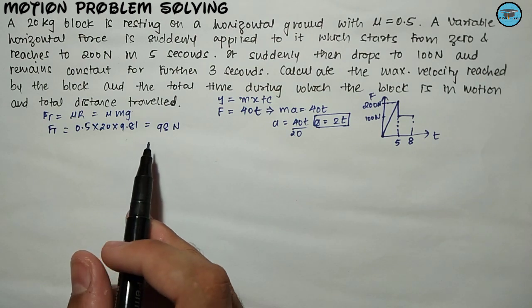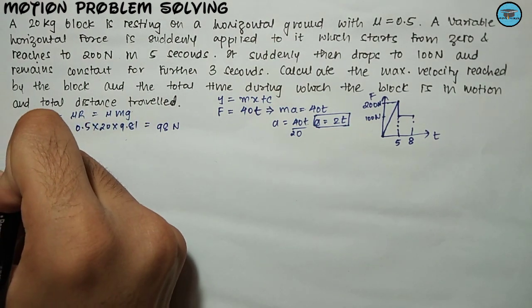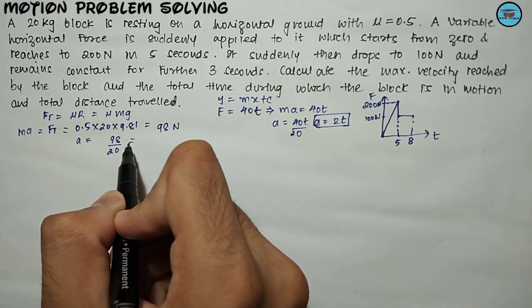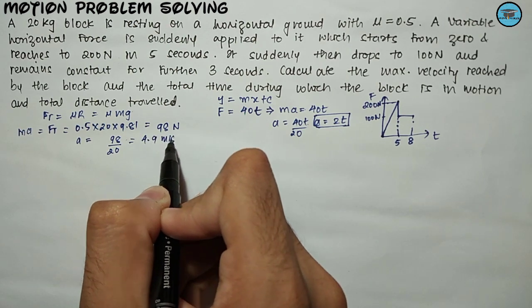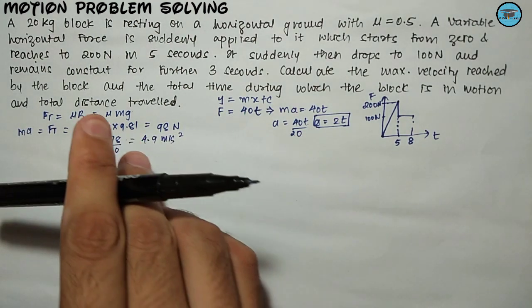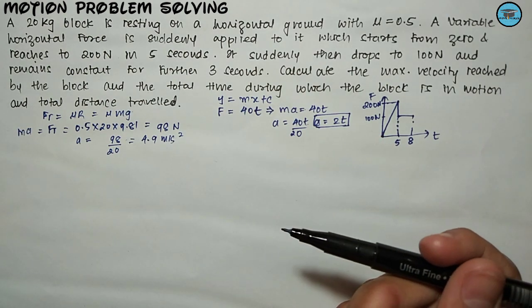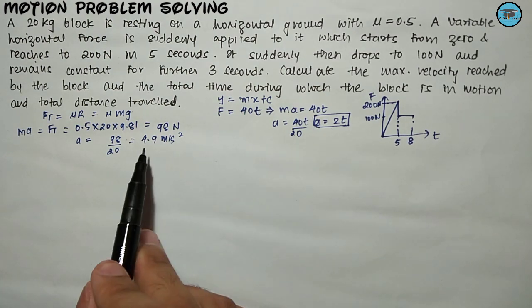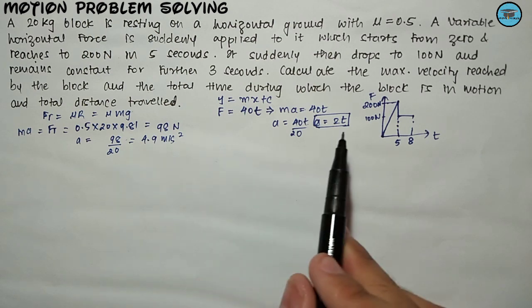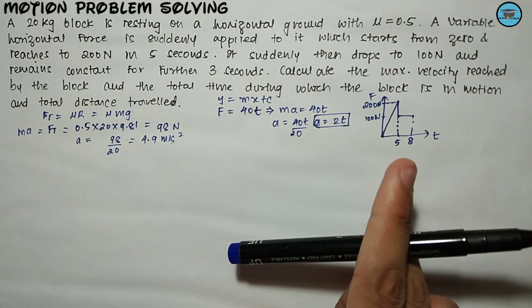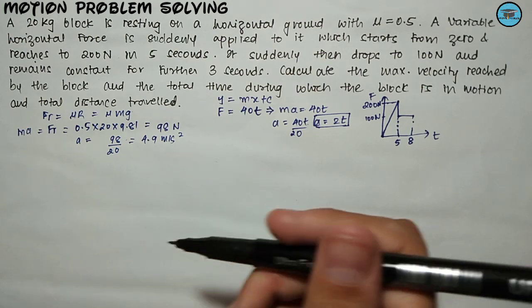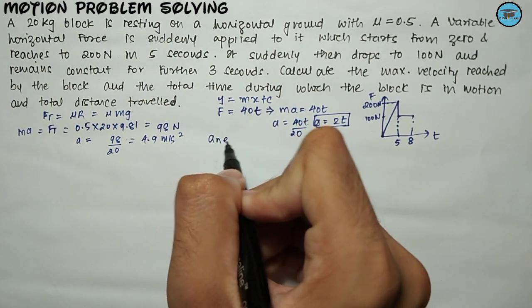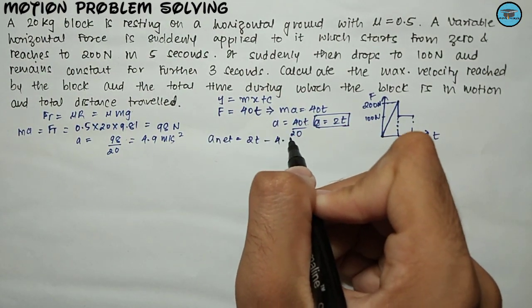And when no other force is acting, the frictional force is also equal to mass into acceleration. So the value of acceleration comes out to be 98 divided by 20, which is 4.9 meter per second square. Now, if the force is acting along the positive x direction, then the frictional force will definitely act along the negative x direction. That means if this is acceleration, then this will be deceleration only. Hence, the acceleration for this force will act in the positive x direction, while for the frictional force the acceleration would act in the opposite direction. So the net acceleration acting on the body can be given as 2t minus 4.9.